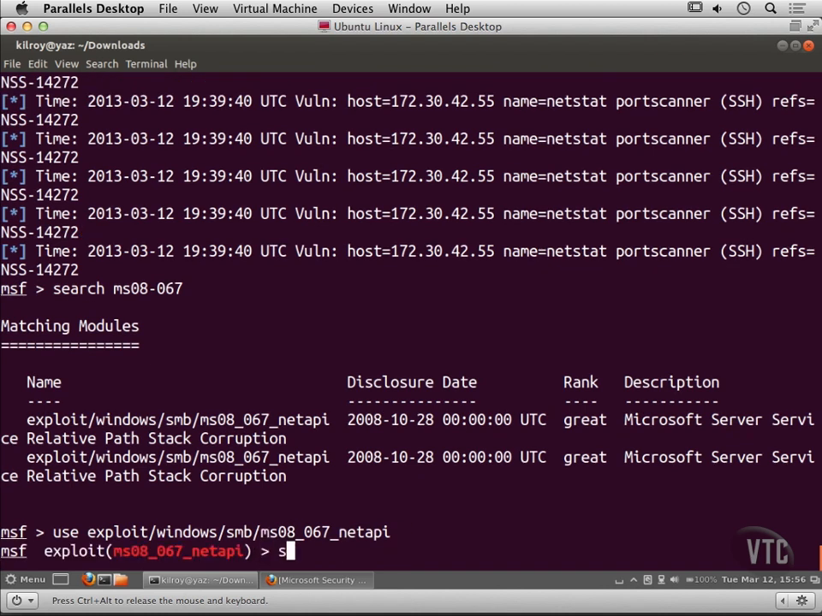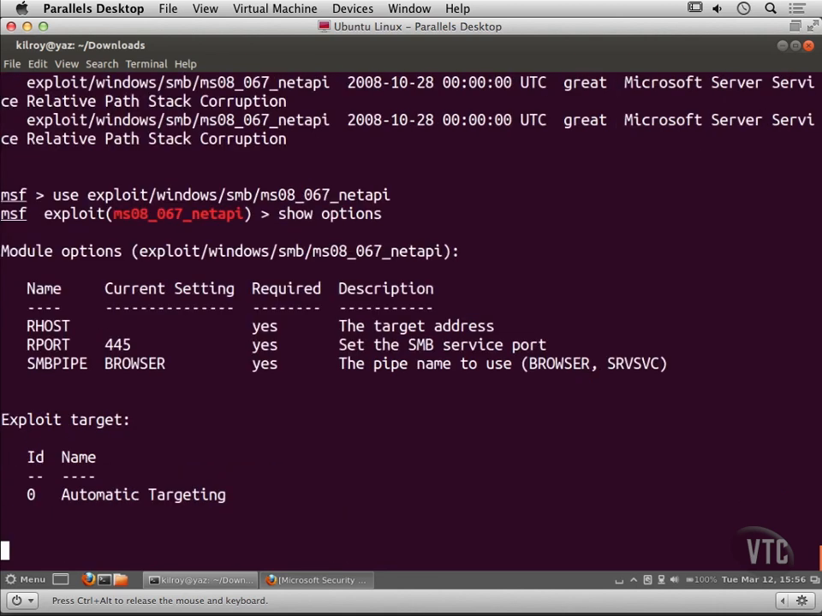Now what I want to do is show the options. I want to see, first of all, the variables that I've got some control over, and I also want to see the things that I actually have to fill in. So it looks like I can change the port setting if I wanted to. I could change the SMB pipe, and it looks like what I actually have to do is